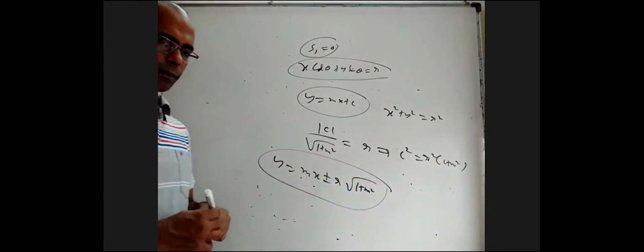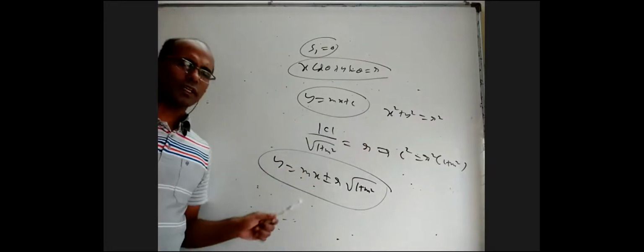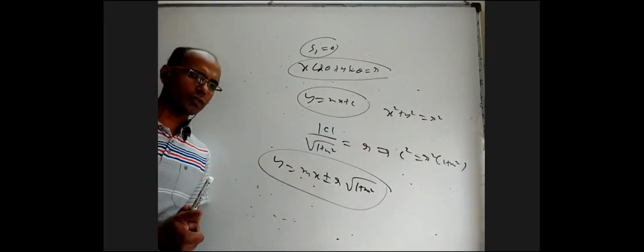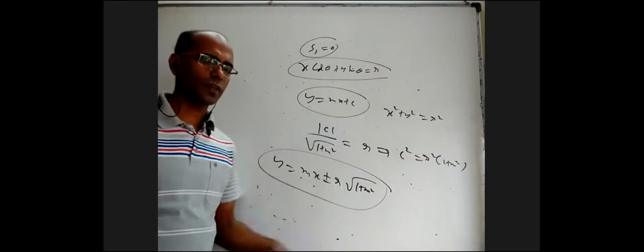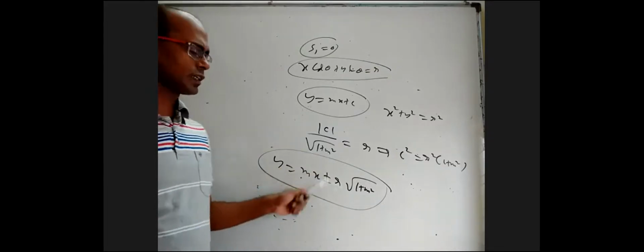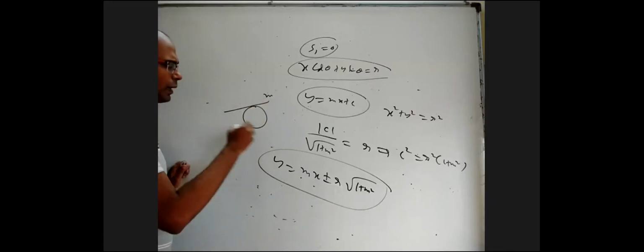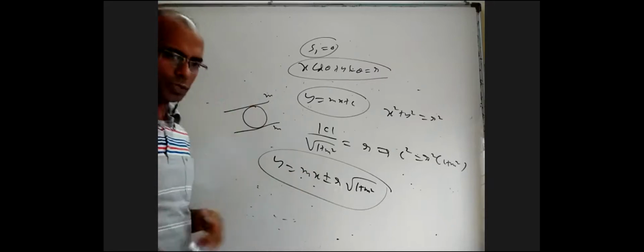Whatever m you take, it is always tangent to this circle. Of course, this cannot cover the vertical tangent because the slope of a vertical tangent is not defined. Other than the vertical tangent, every other tangent is covered here. You can take m as 2 by 5, 3 by 3, 1 by 7, any m you take, you will always get two tangents, because once there is a tangent with slope m to a circle, its parallel line will also have the same slope. There will be two. When you take plus and minus, you get those two.